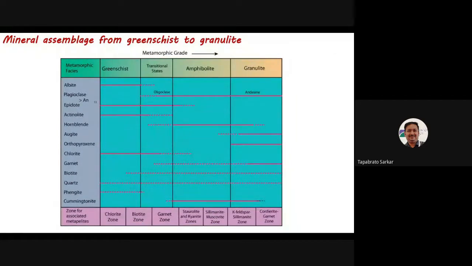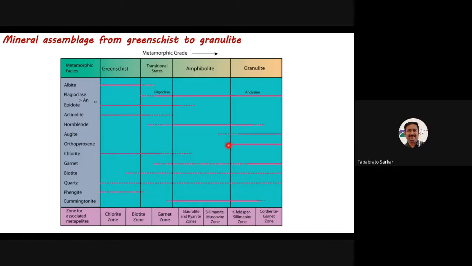Okay. So what you see in the granulite facies, very important. Look at orthopyroxene. It starts at the granulite facies, which means that this is not found in the amphibolite facies. The appearance of orthopyroxene marks the entry of the granulite facies, and it more or less continues throughout the granulite facies condition. Okay, it's very important. This is the orthopyroxene as the characteristic mineral of